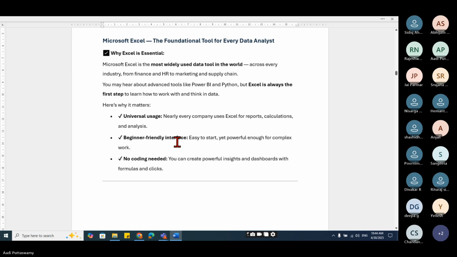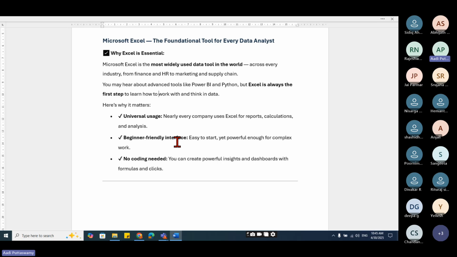Excel. Why it is very much essential in data analytics. People who are already in this course, or already in data analytics, know the importance of Excel. But people who are just entering, who don't know anything about data analytics but have still learned Excel, let me tell you how strong Excel is, and what you can actually do by using Excel.